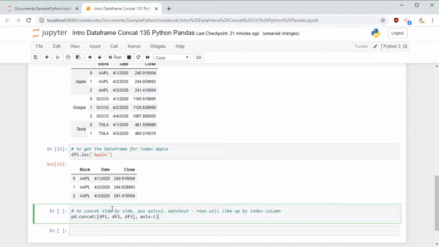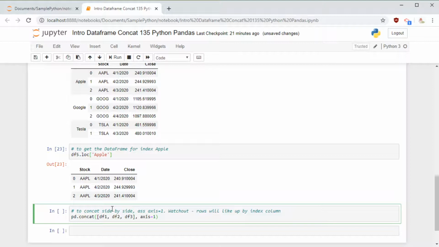What I do is we have a syntax for that, concat, and we pass an argument called axis 1. By default the axis is 0 if you don't pass anything, but now I'm going to pass axis 1, so pd.concat, and the parameter is axis equal to 1.